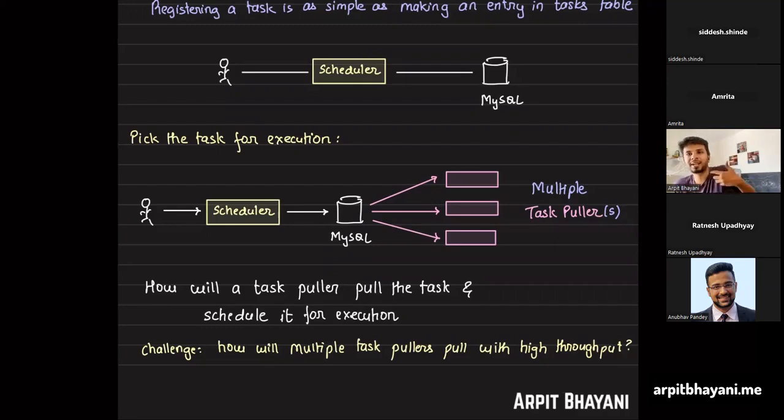Obviously, because there has to be some user of the system, right? Who sees all these tasks which are scheduled, and they might be able to change the schedule frequency and whatnot. You would have to consider that as well in order to render that UI. But otherwise, if you don't consider that, then you can do self-join and all. That's perfectly fine. Okay. Yeah. Thanks, Siddesh.